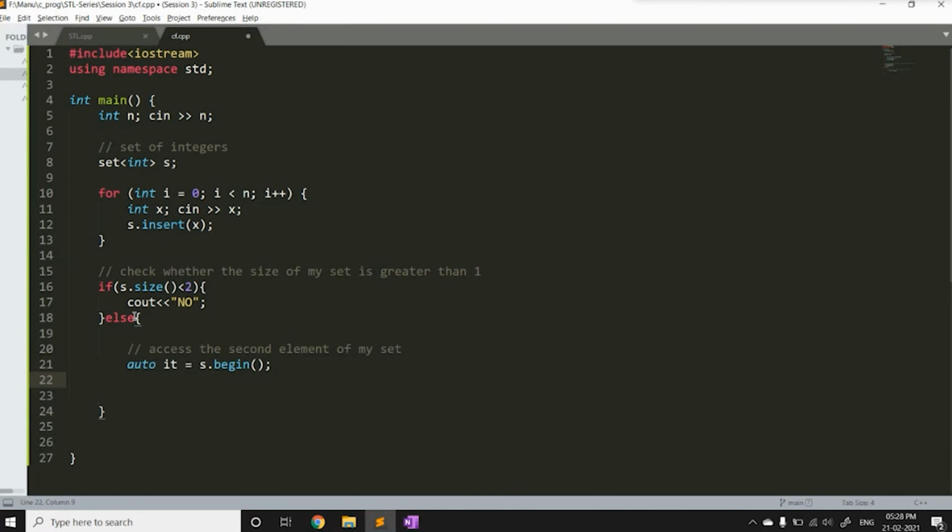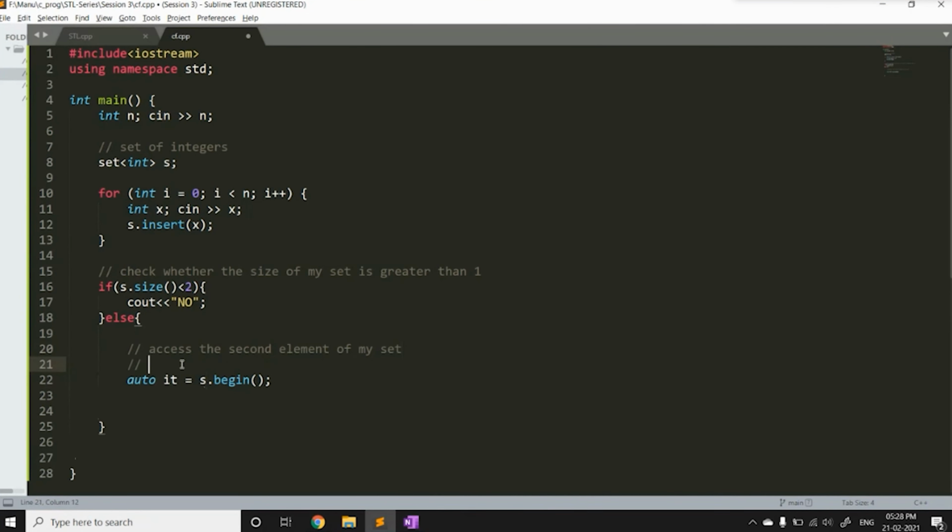So this iterator is currently pointing to the beginning of the set. Now, just for your curiosity, if you want to know what this auto actually is, in this particular case, what is the data type of s.begin?